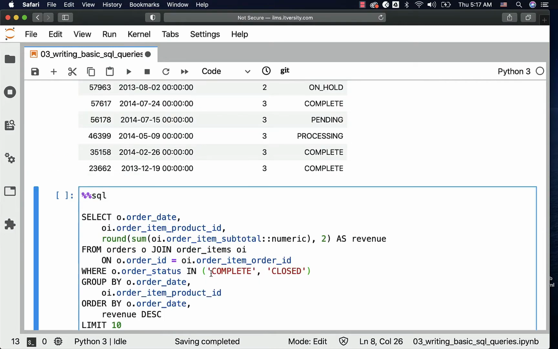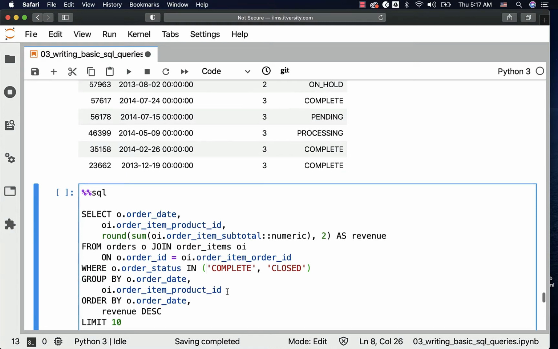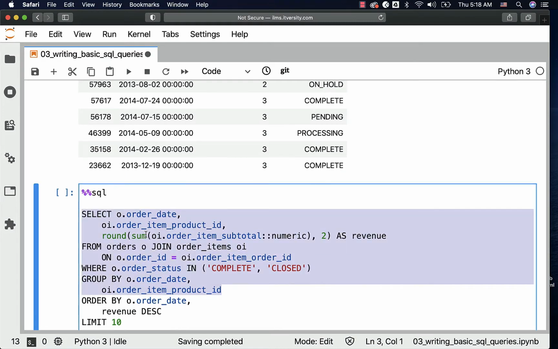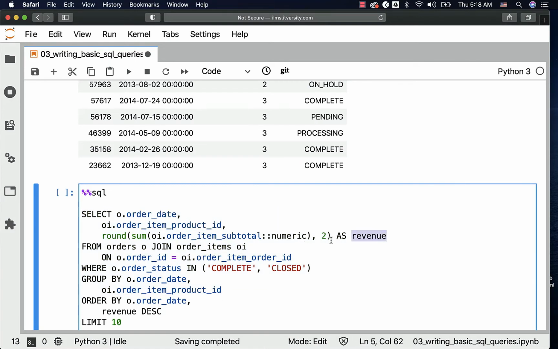Now our original statement is getting daily product revenue. We have seen the original problem statement at the beginning. As part of the daily product revenue, we need to get the date, product ID, and the revenue after grouping by the date and product ID. This is the query which we have written earlier. You can see that we joined orders and order items on orders order ID and order items order item order ID. Then we have filtered for complete or closed orders. Then we have grouped by order date and order item product ID. And then we are trying to project date, product ID, and the revenue for each date and product with alias revenue. So revenue is alias for our aggregate function round off sum of order item subtotal comma 2.